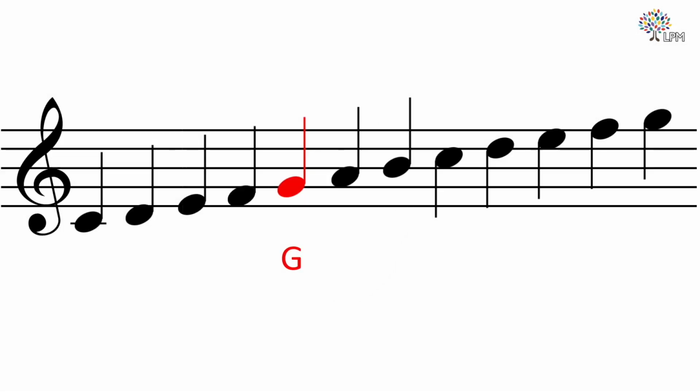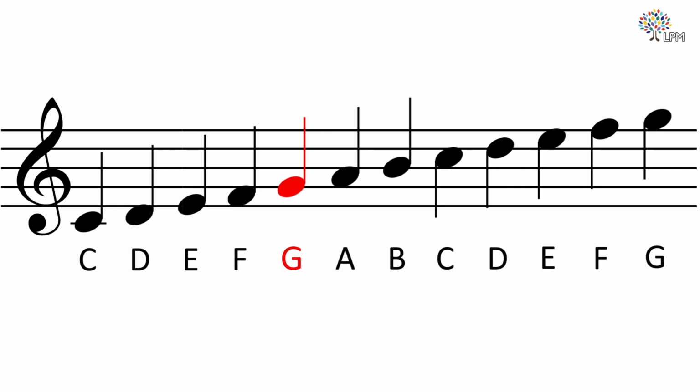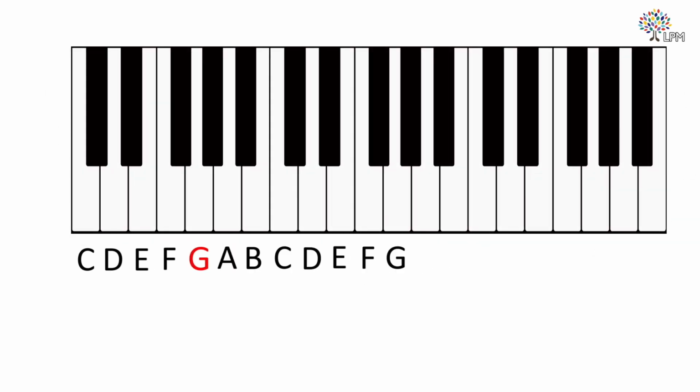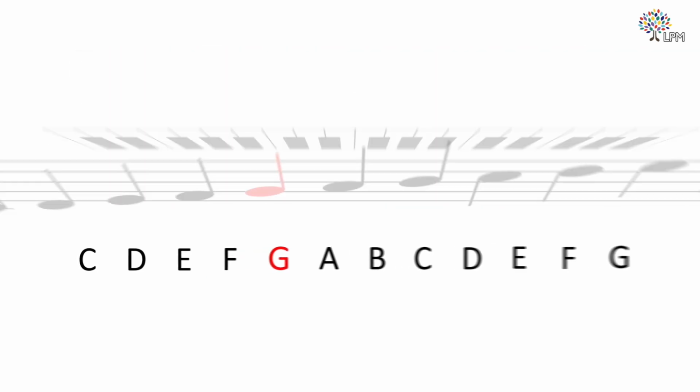So now that we know where G is when we are using treble clef, we can then figure out where all the other notes will fall in relation to it. Each line and each space represents one white key on the piano. As we discussed in Lesson 1, the black keys are accessed by using sharp and flat signs,